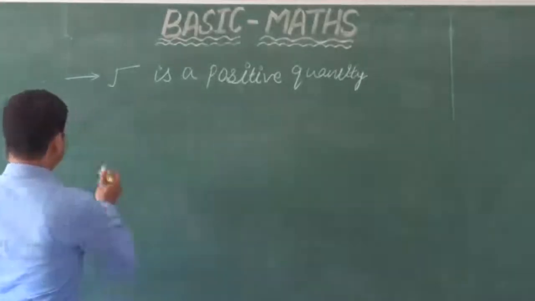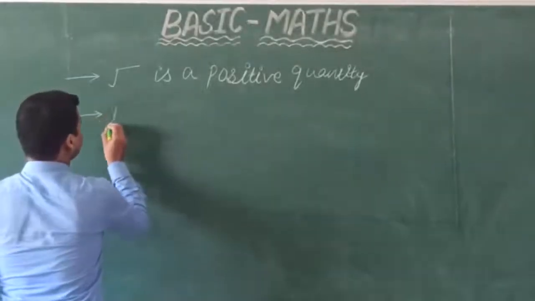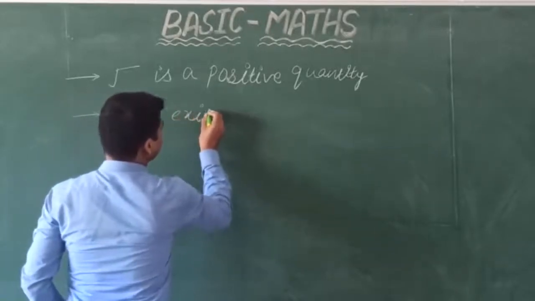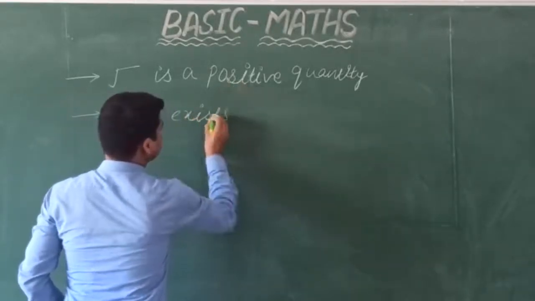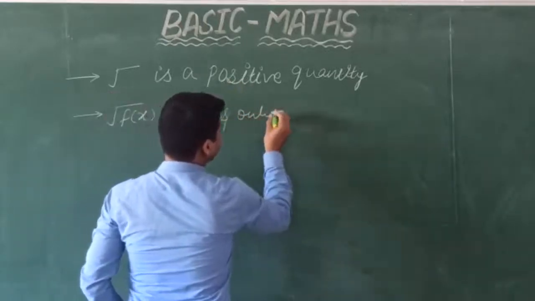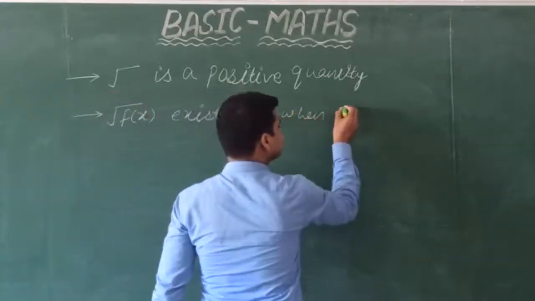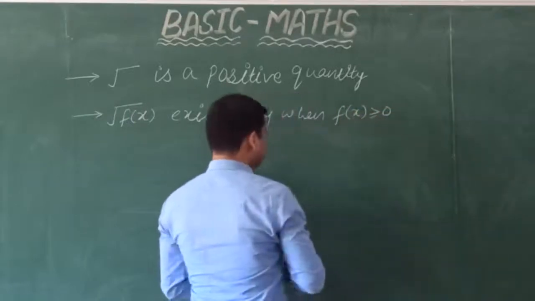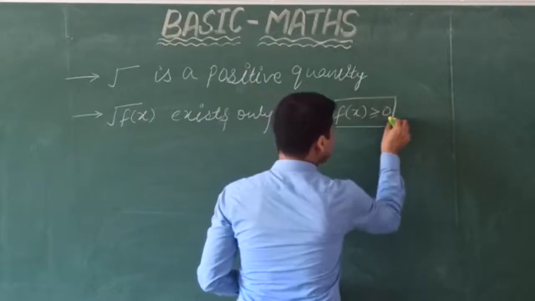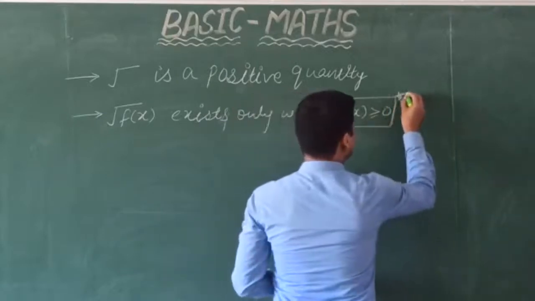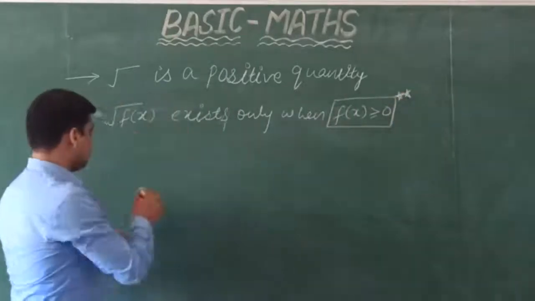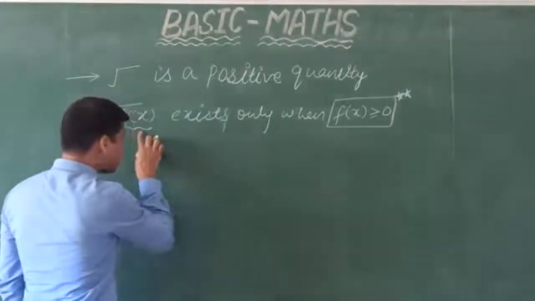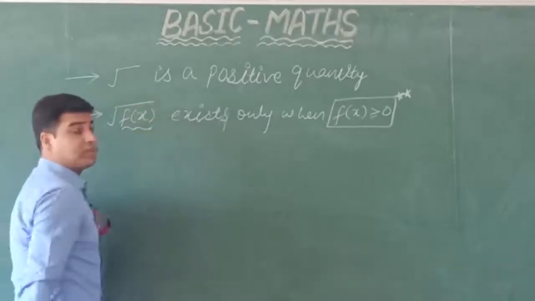Now the second point, point number 2: root under f of x exists only when this function f of x is greater than or equal to 0. Okay, greater than or equal to 0. What is the meaning of this? It means that root under any function, root under f of x, exists only when the function is greater than or equal to 0, meaning